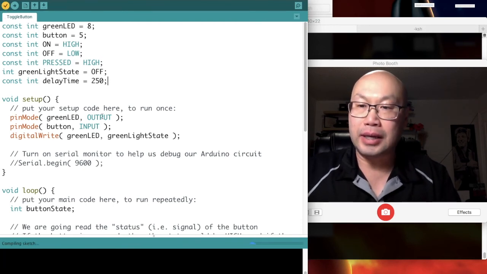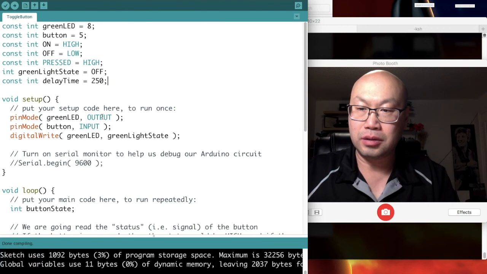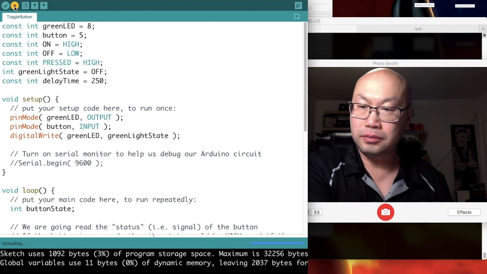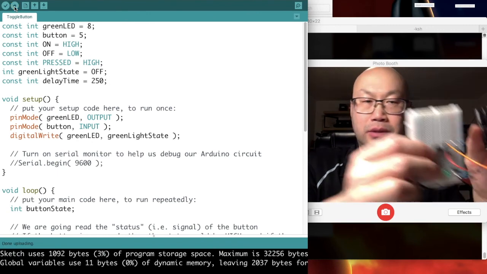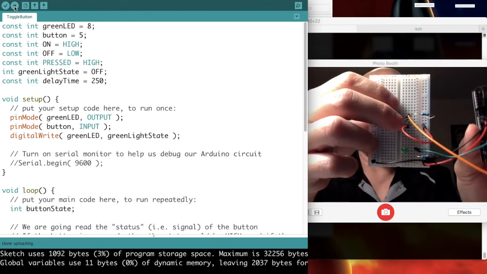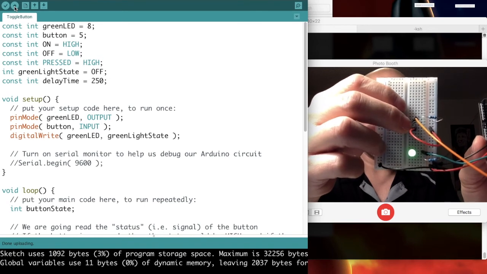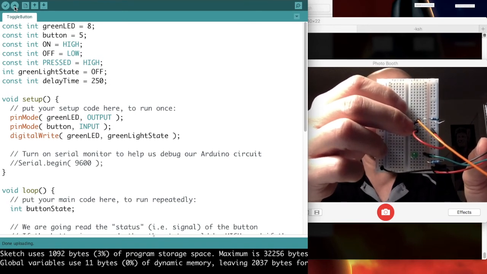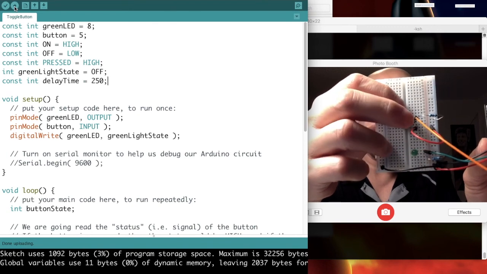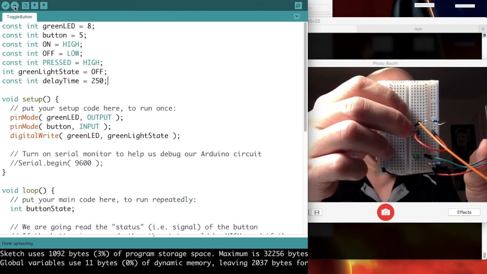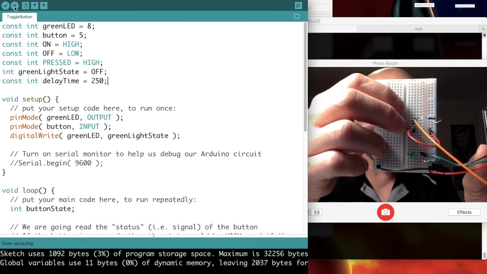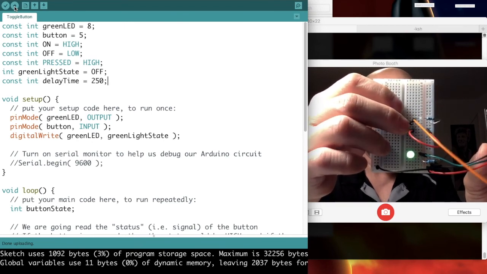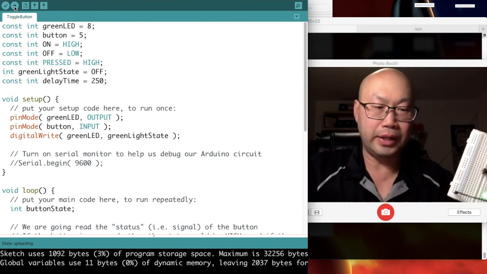Let's build that. Beautiful, works. Let's upload it. So then, uploading, let's try this. So I'm going to press the button. Good. So just try to hold the button a little bit longer, and hopefully it doesn't turn off. Oop, a little bit too long. Oh, a little bit too long again. Well, that was better. Okay, so let's be really